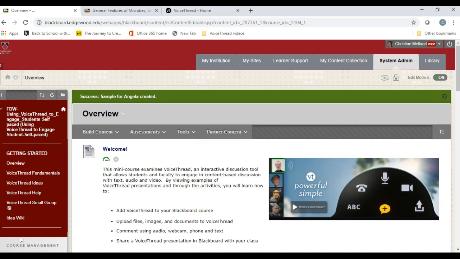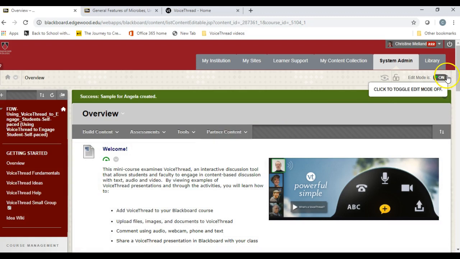So there are two main steps we do. First, we create the link in Blackboard that goes to VoiceThread, and then we tell VoiceThread which presentation we want that link to point to. So I'm just going to show you the first part here. I'm going to start with that, and then we'll walk through some other steps of how you might find those voice threads. So in your Blackboard site, I have a site open here that I am going to use for